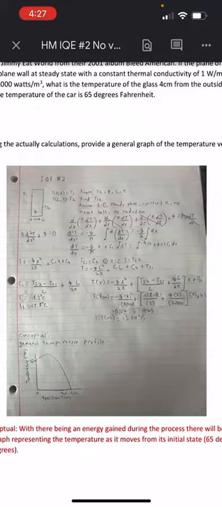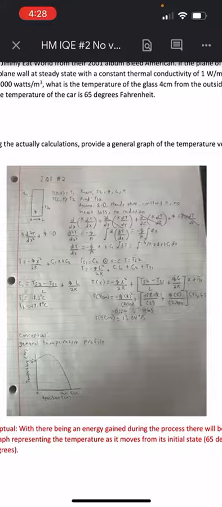We can apply the boundary condition that at the x position equals 0, the temperature is T1, which is going to be 65 degrees. And then at T2, that x position is going to be L, the length of the glass, and it's going to be 0 degrees. So eventually we can solve for our temperature profile by plugging in some things for those constants. We had to convert our temperatures from Fahrenheit to Celsius, just for the units of the problem. And using those ideas, we can solve for the temperature at the 4 centimeter mark by plugging in our different